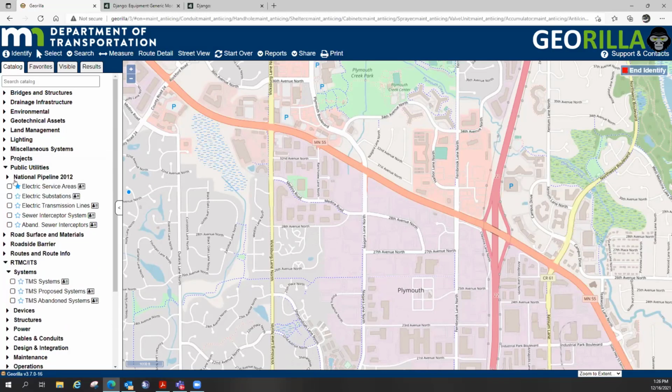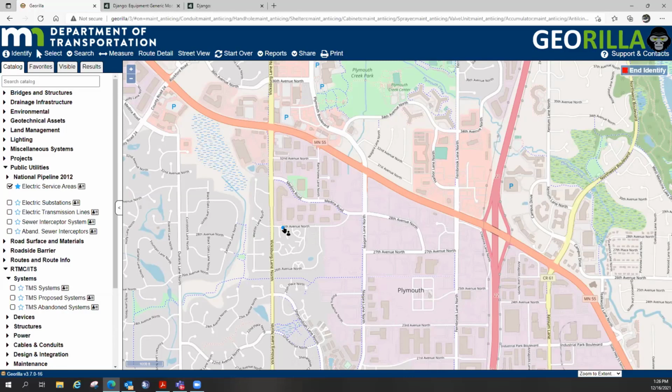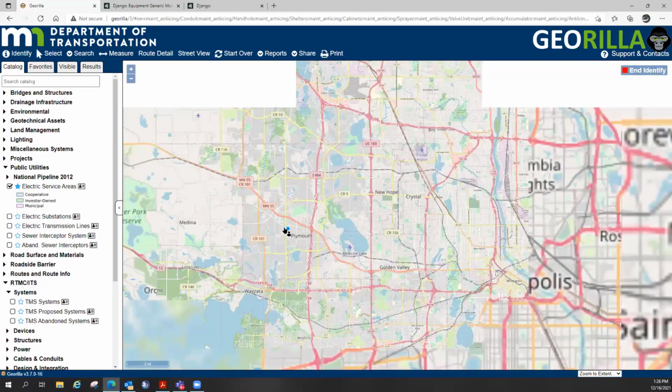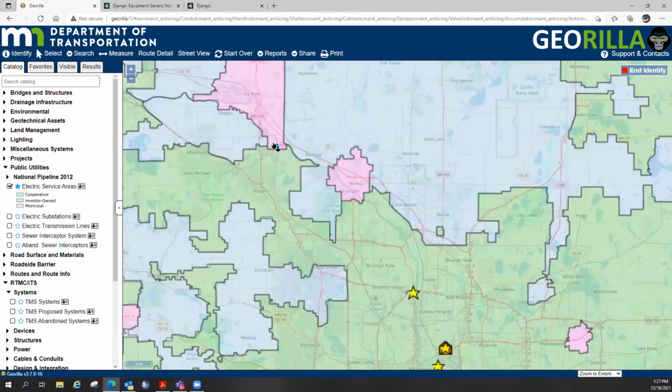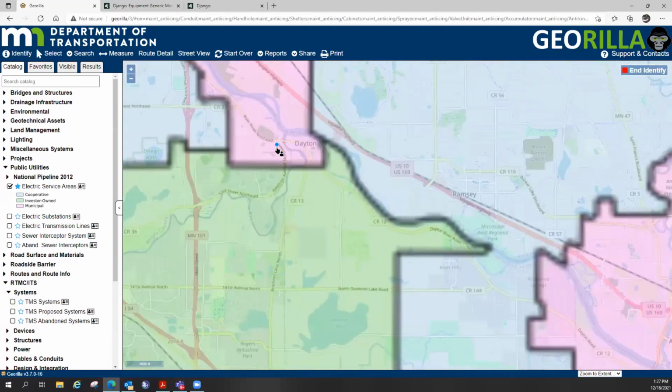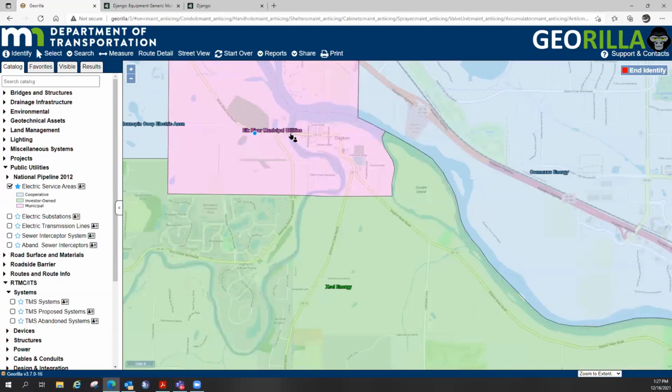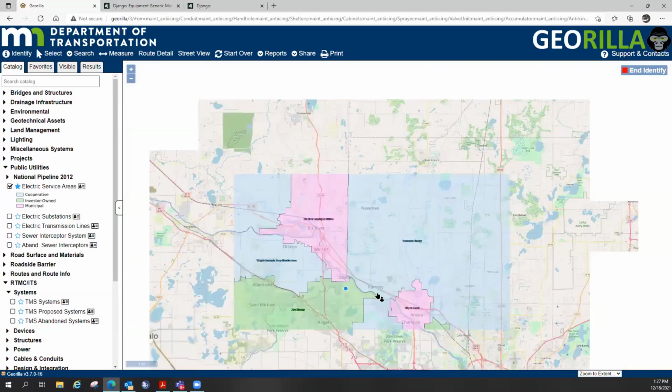Public utilities. We use this one a lot, and it's the simplest one, but what is my service area? Is Excel serving me, or is Dakota Electric serving me? So as you zoom into these, this is Elk River Municipal Utility. This is Xcel Energy Utility. This is all stuff that,